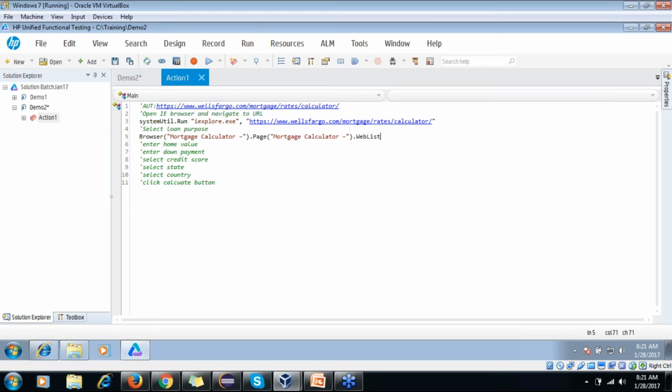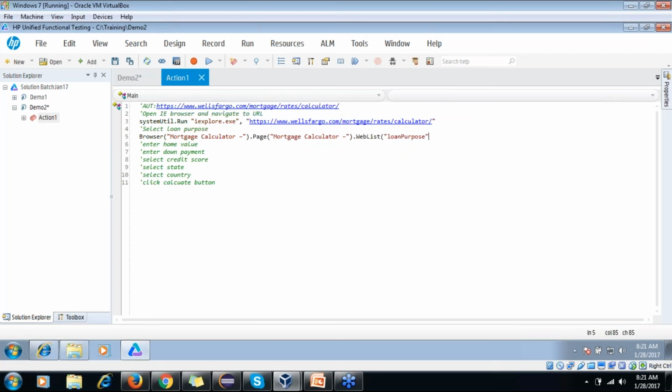But wherever the same kind of object exists, you'll get this kind of list in the object repository. So country is a drop down list, credit score is a drop down list, loan purpose is a drop down list. Now you can choose from these.